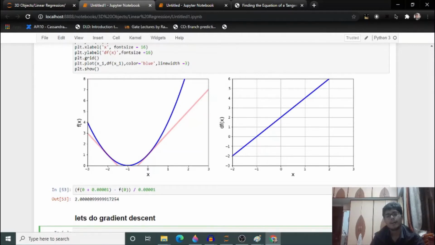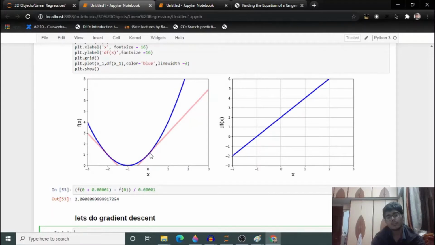As you can see here, the minimum occurs at -1. So how will we go to -1? I will explain now. Let's suppose that we have this tangent at 0. Let's suppose that we start from here and we want to find the minimum, which is here. So what we want to do is slide this tangent.